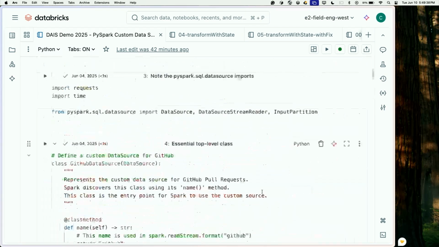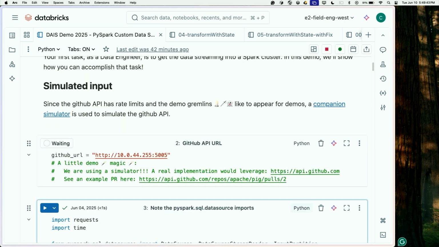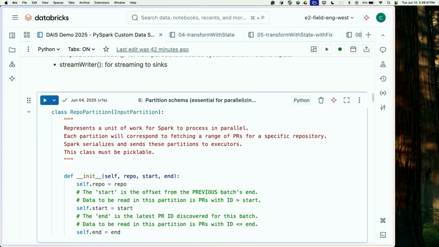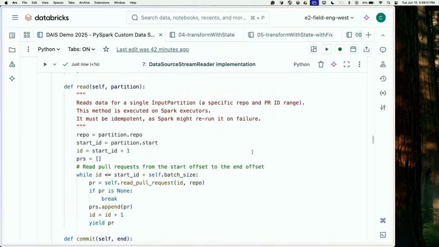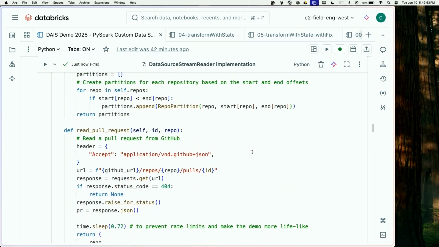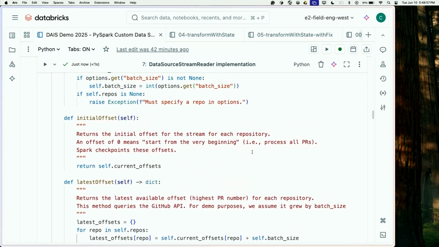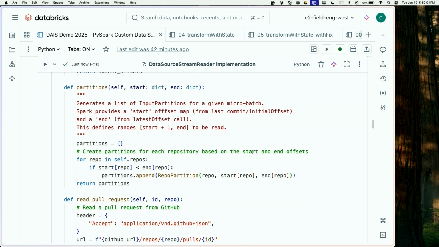And oh, I forgot to do one thing. Let me just run these cells and pray to the demo gods. All right, I got to backtrack a little bit. All right, so then